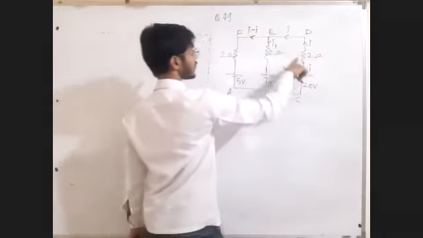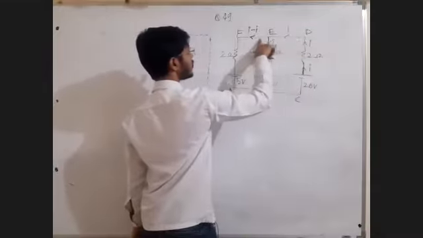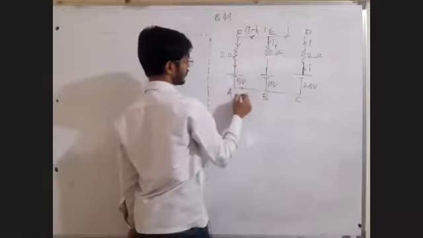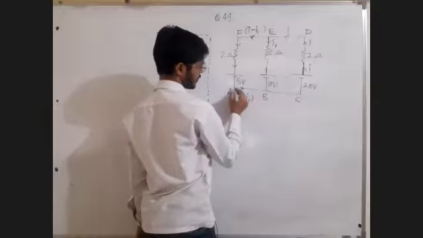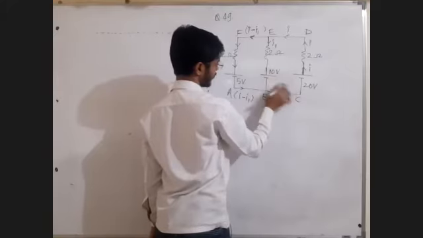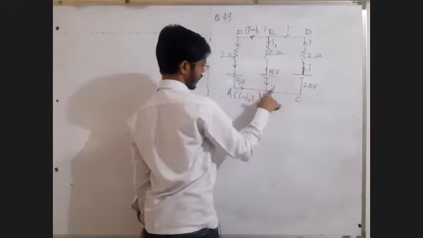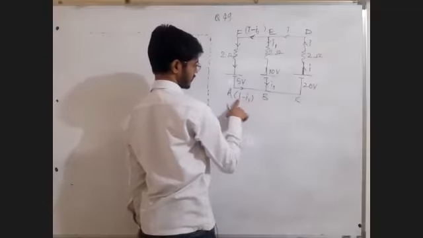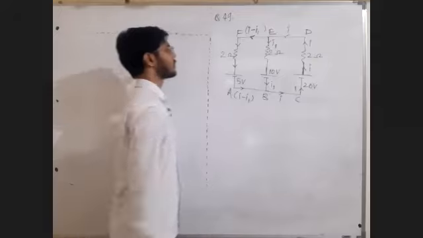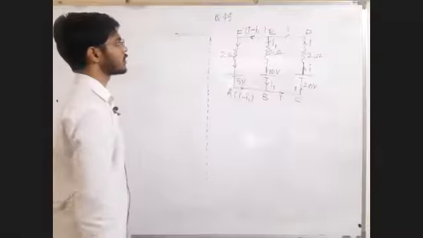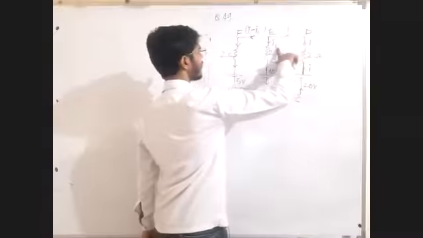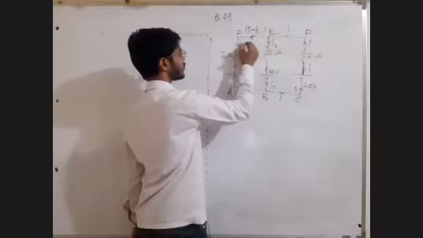So this current I1 will go down, this I minus I1 will go right, again down, again right, I minus I1. This I minus I1 and this I1 will combine, I1 and minus I1 cancel, that creates I, this current I, again in the battery. So this is a two equation, two unknown problem. Only I and I1 are the unknowns, and we want to find I1 and I minus I1. These three currents we have to find.